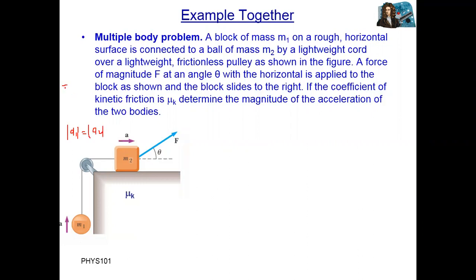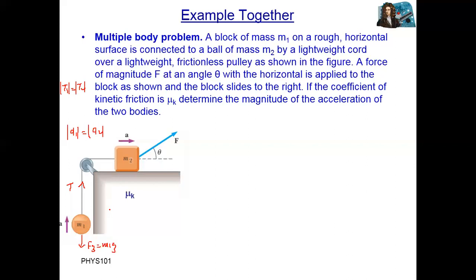The tension produced in body number one is equal to the tension produced in body number two. So how many forces are here on mass number one and mass number two? If we consider mass number one, this body, there are only two forces. One is the upward force, the tension force, and the second one is the downward force, the gravitational force, Fg, or we can say this is M1G.